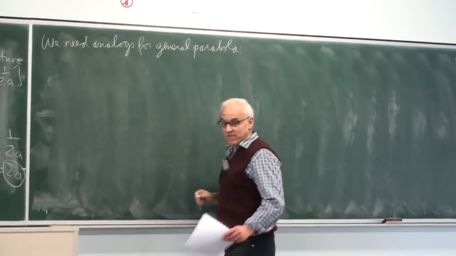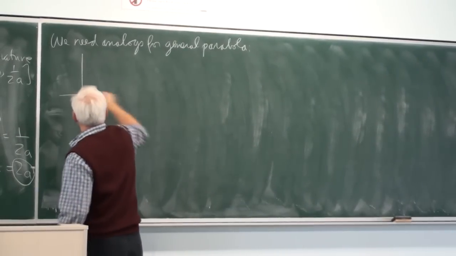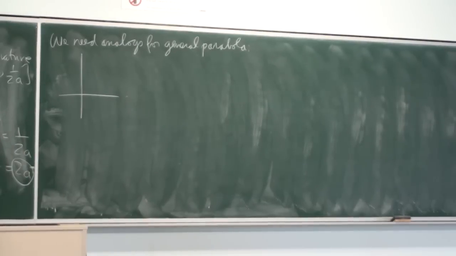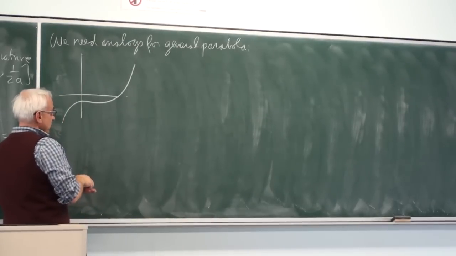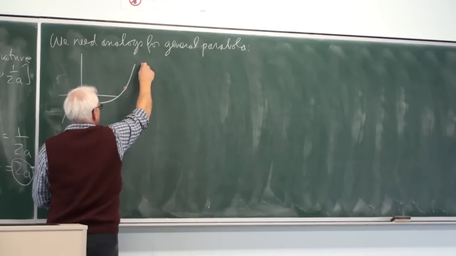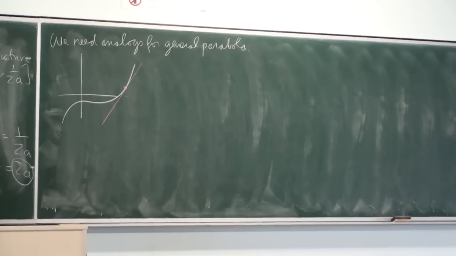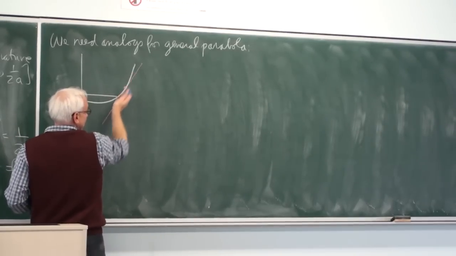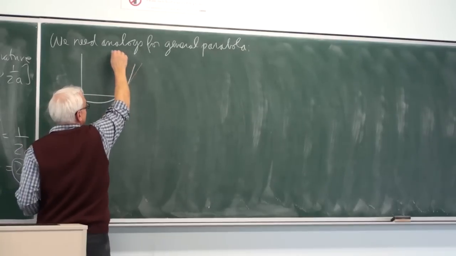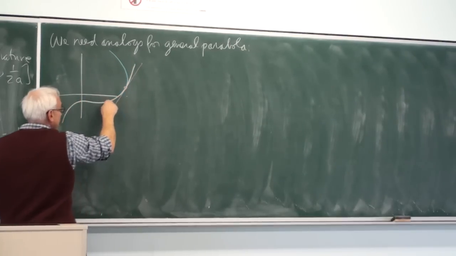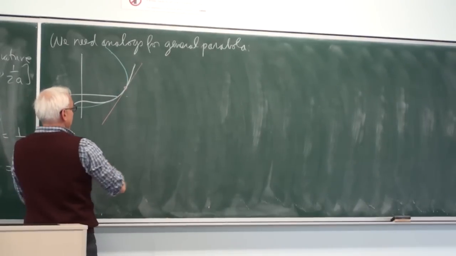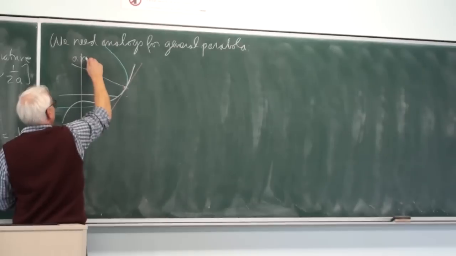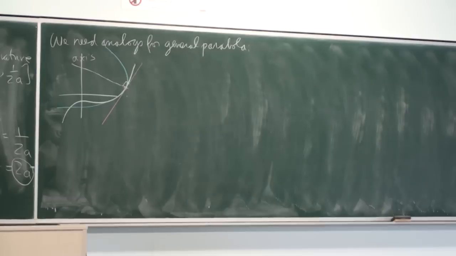Because our strategy is going to be the following: if we have a curve in space, there's some curve, then we're going to be interested in some particular point, tangent line. We're going to look for the parabola which is tangent to this tangent line and has a vertex there, and which best approximates the curve at that point. So in other words, the axis of the parabola is perpendicular to the tangent line.